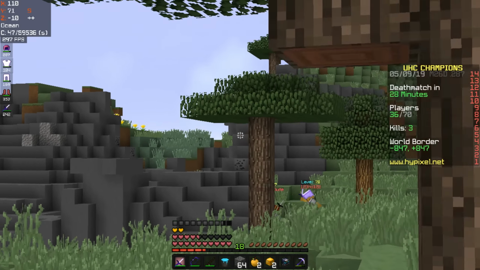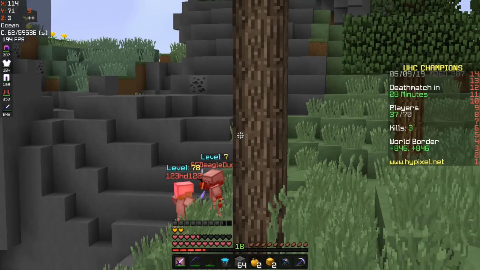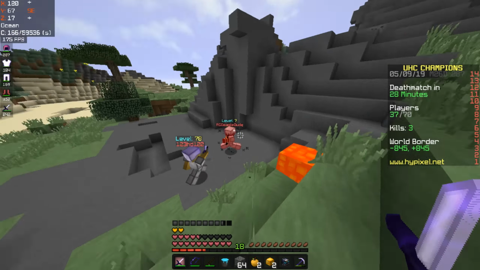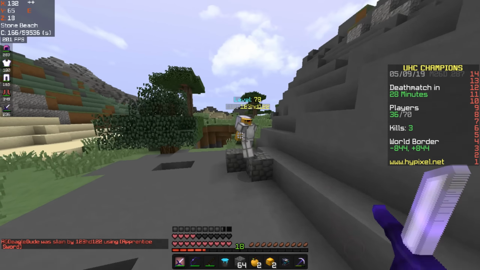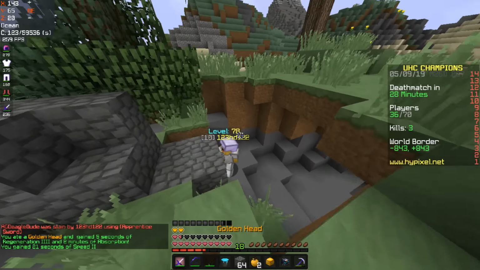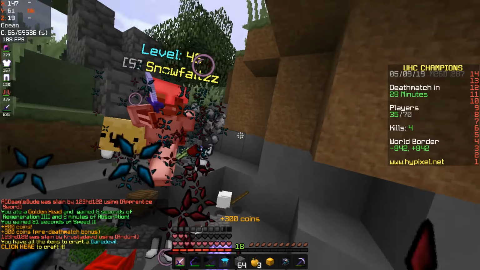So as you can see here, I do see people fighting. So this is a great time to clean. If you look at these people's armor, they both have regular iron. So this is a point where I'm going to go clean because I know that I have 2 G heads and a head. So I'm going to go in here and I'm just going to use my G head